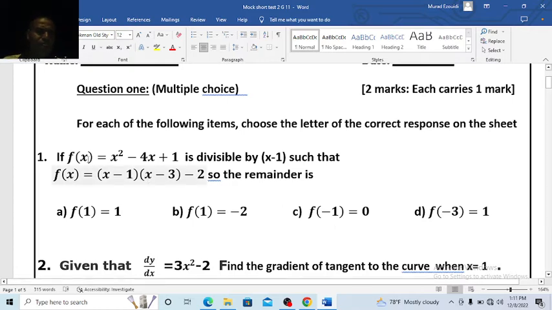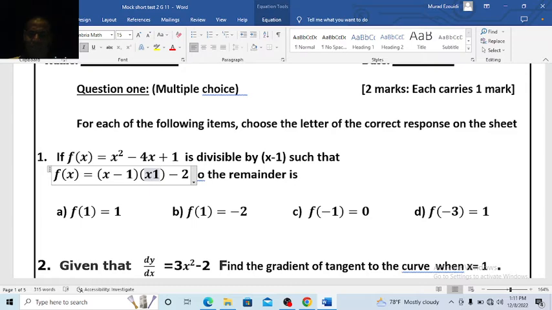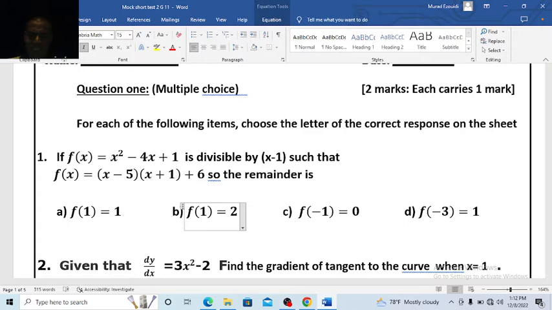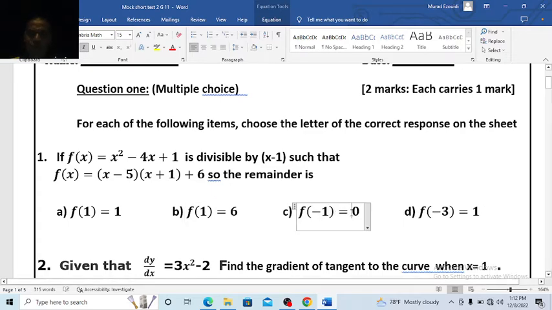Using my laptop. So question number 1: if f of x equals x squared minus 4x plus 1 is divisible by x minus 1, such that f of x equals x minus 1 times x minus 5 times x plus 1 plus 6. So this is the question, and the remainder f of 1 is equal to 1, or f of 1 equals 6, and f of minus 1 equals, for example, 4, and f of 3 equals 1. First of all, to solve this question, my learners,